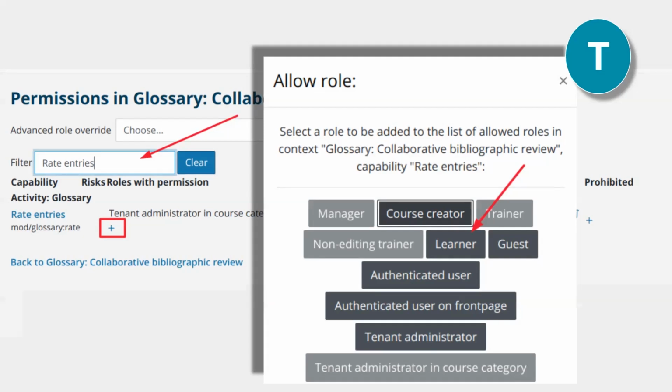So, for example, here, the teacher is looking for the rate entries capability. And by clicking the plus icon under the roles with permission column, you can select the learner in the allow role window. And this is how you actually allow learners to rate the posts.